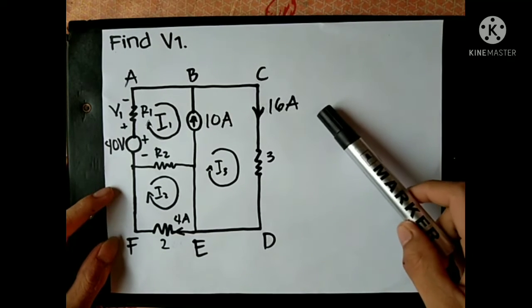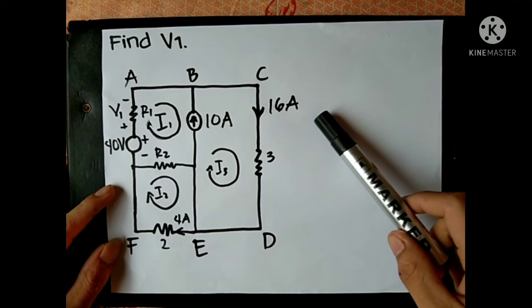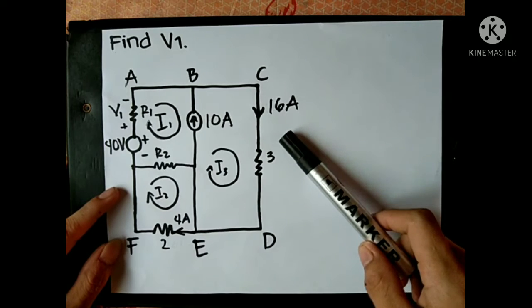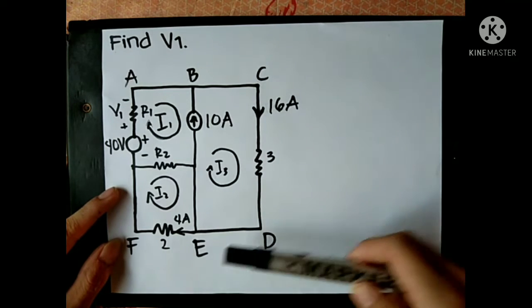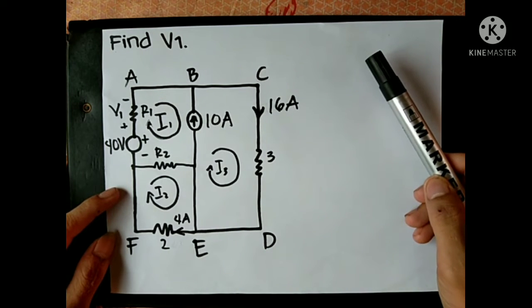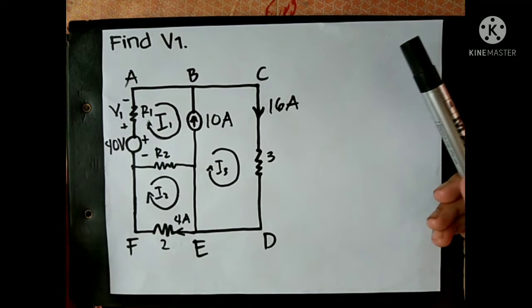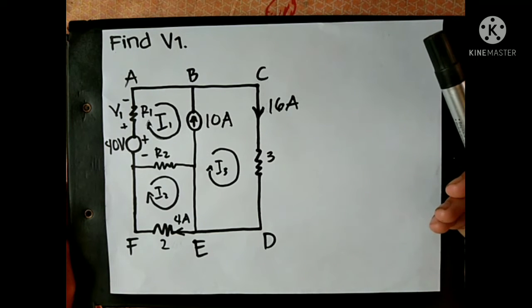In this circuit, we have the loop A, B, C, D, E, F, so using KVL, Kirchhoff's voltage law,